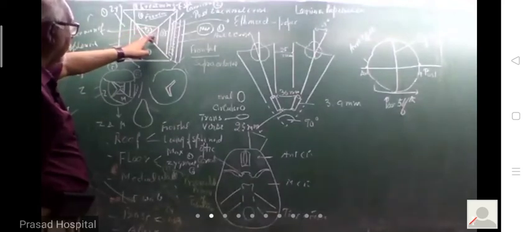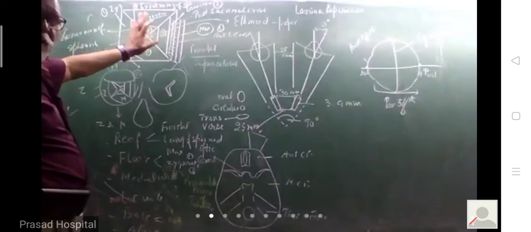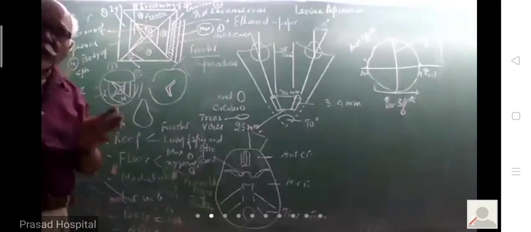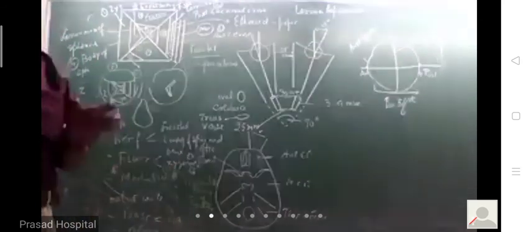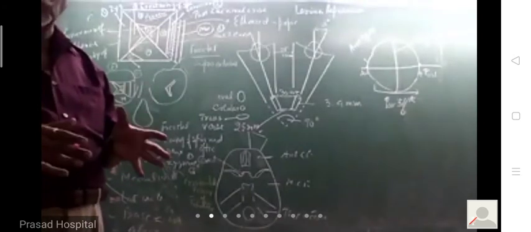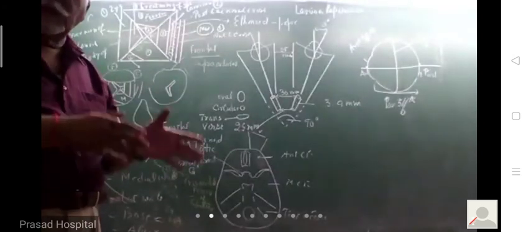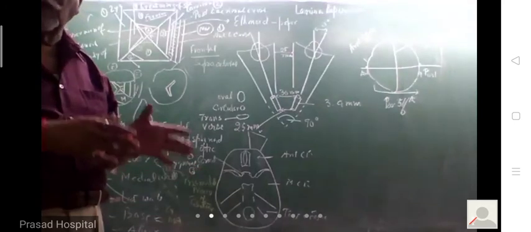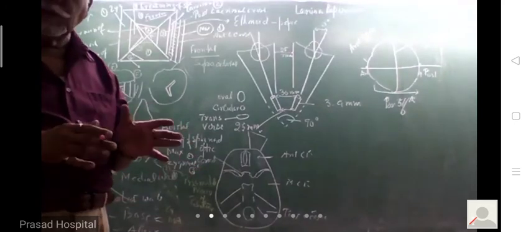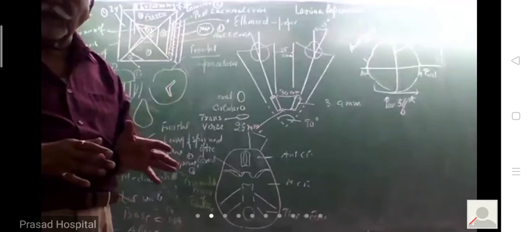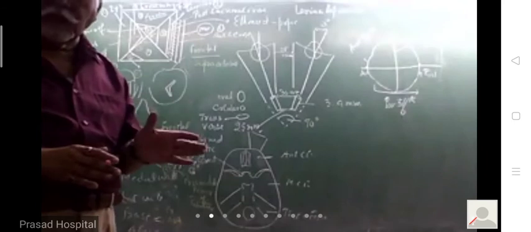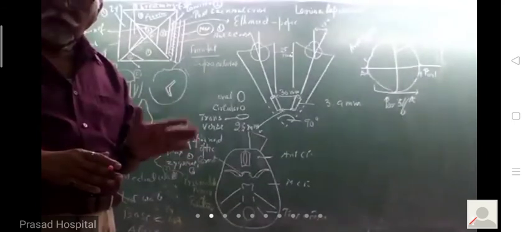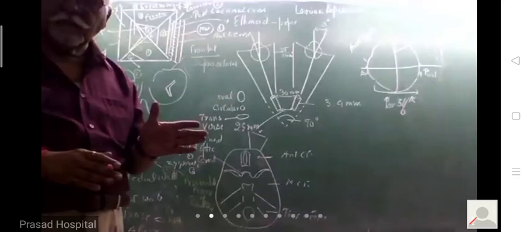This is the optic foramen, the apex of the orbit. Why am I telling you about the bony orbit? Because unless you understand the bony orbit, you will not be able to understand the extraocular muscles, whether they are involuntary or voluntary. So I hope the walls of the orbit are clear. Everybody, please raise your hand. Is it clear?